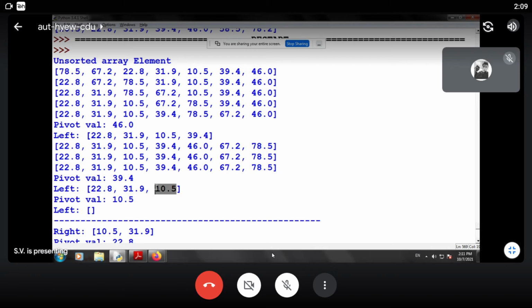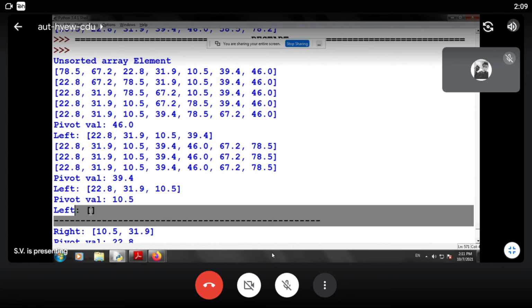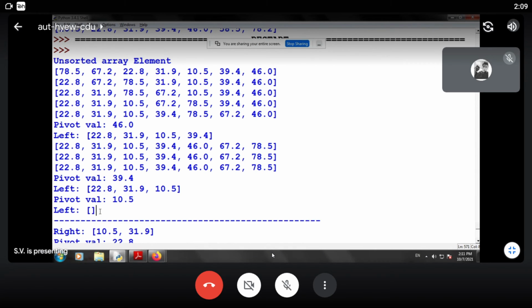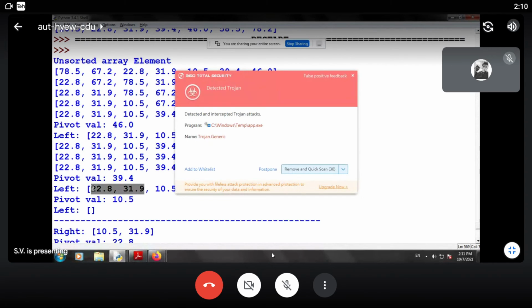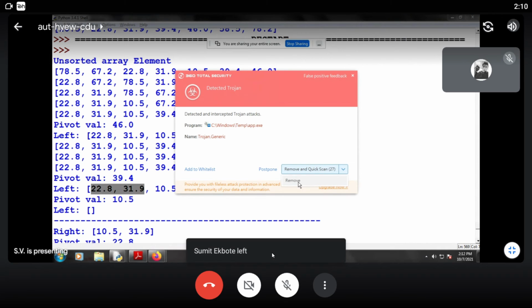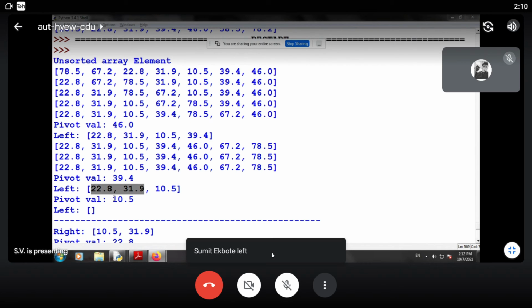So they will be added to the right subtree of 10.5 and not to the left subtree. Therefore, the left subtree of 10.5 will be empty. Everyone getting this concept? Since 10.5 is the pivot and 22.8 and 31.9 are greater than the pivot, they will be added to the right sublist of 10.5. Therefore, the left sublist of 10.5 is empty.